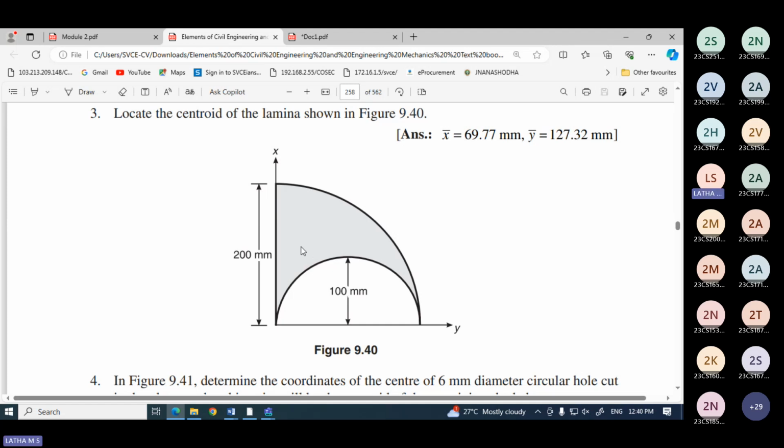There are 2 parts, 2 divisions. One is a semicircle and one is a quadrant. So if I take the quadrant as 1 and the semicircle as 2, what is the equation of x bar and y bar? I should get the center out of the shaded area only, this shaded area. So x bar will be equal to a1 x1 minus